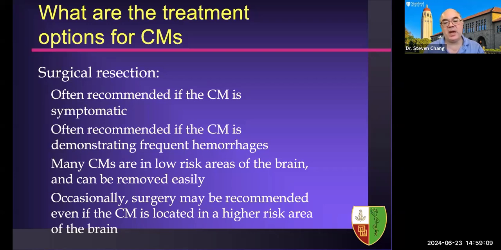Sometimes we recommend resecting a cavernous malformation if we have radiographic evidence of frequent hemorrhages in the brain. And in this situation, we would say, just by nature of the hemorrhages and by the risk that each subsequent hemorrhage may cause a permanent neurologic problem, we may want to be ahead of the curve here and resect the cavernous malformation. Many cavernous malformations are in low-risk areas of the brain and can be easily removed with a short operation and a short hospitalization. Occasionally, surgery may be recommended even in the higher risk areas of the brain if the cavernous